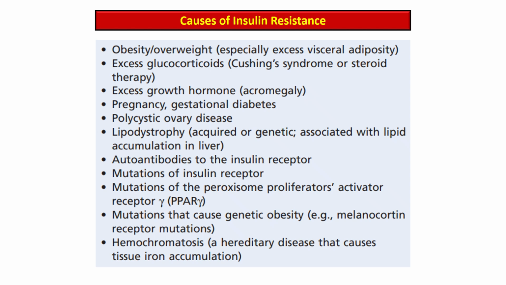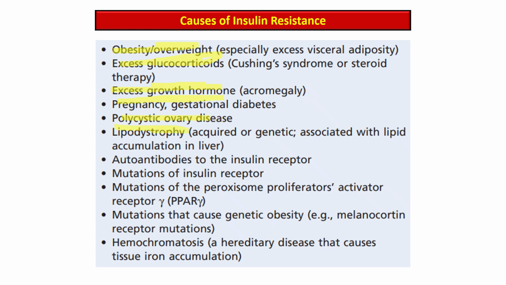This is a list of factors that can cause insulin resistance and contribute to type 2 diabetes mellitus. The listed causes include both acquired and genetic conditions that impair insulin signaling or its action on target cells. The factors mentioned are obesity or overweight, especially with excess visceral weight, excess glucocorticoid as occurs in Cushing syndrome or steroid therapy, excess growth hormone, pregnancy and gestational diabetes, polycystic ovarian disease,